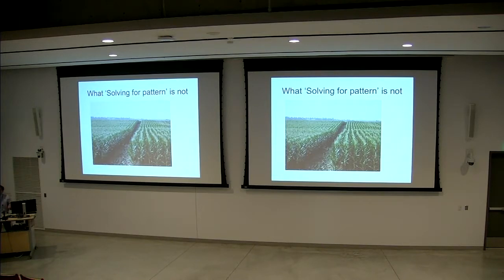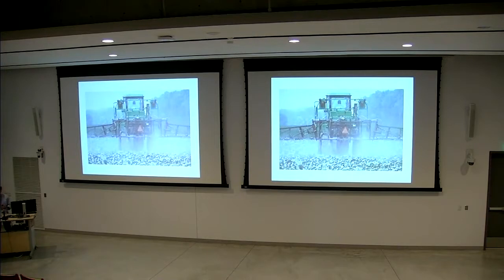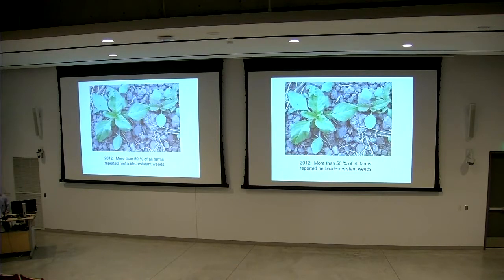That actually worked fairly well for a little while, but not too long, because the spraying increased so dramatically, about 500 million more pounds of herbicide sprayed since the advent of GMO crops. And that spraying hastened the development of herbicide resistance in weeds, so that now somewhere between 50 and 60% of commercial farms in this country have these so-called super weeds on them. The ag industry's primary response to that is to now breed genetic resistance to additional herbicides into those same crops, 2,4-D and others that are more potent and toxic than Roundup.